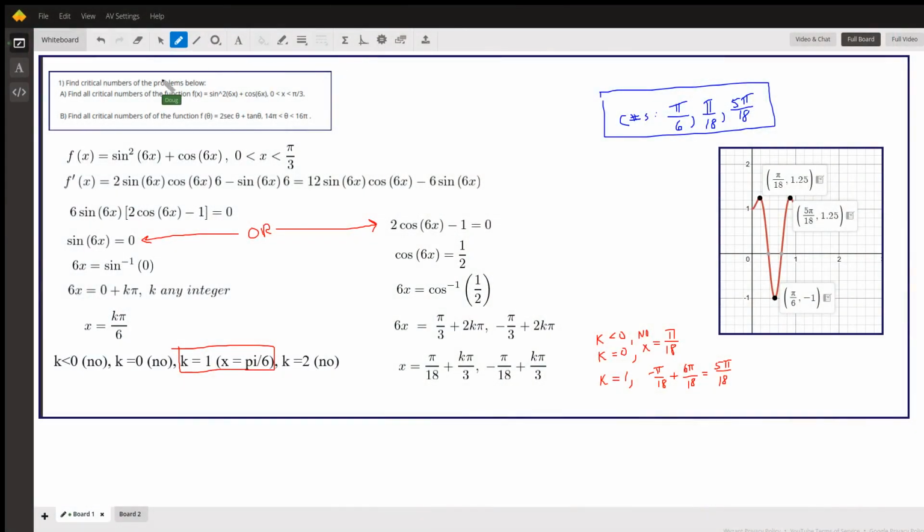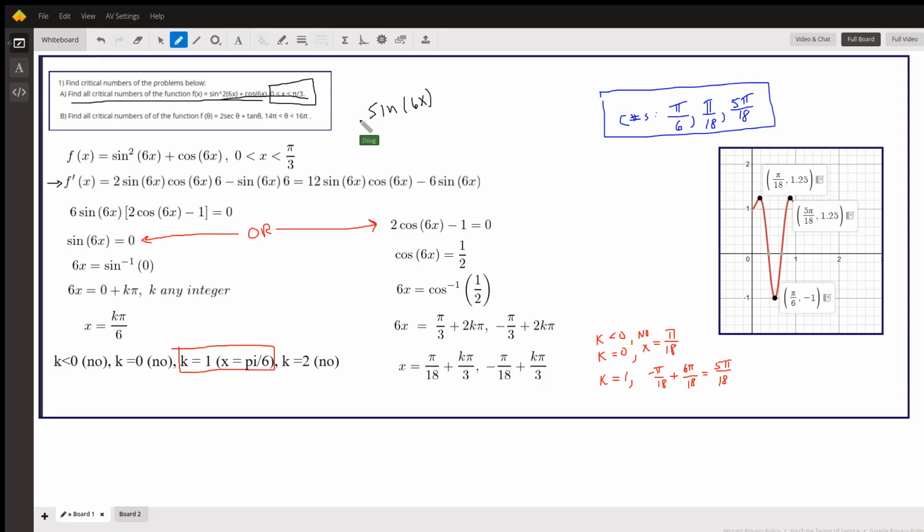Okay, we're given two trig functions for which we're supposed to find critical numbers. Here's the first one. Note that x is supposed to be between 0 and pi over 3. So to find the critical numbers, we'll set the first derivative equal to 0. Here's the first derivative. You might want to think of sine squared of 6x